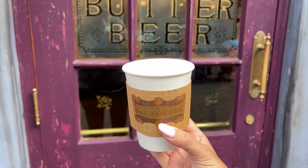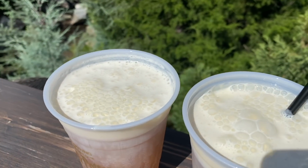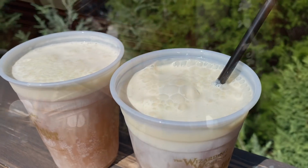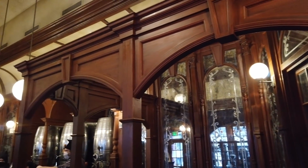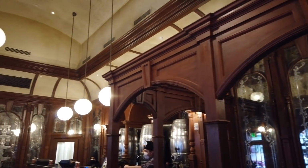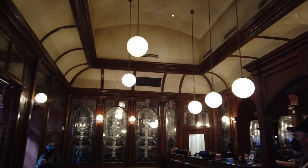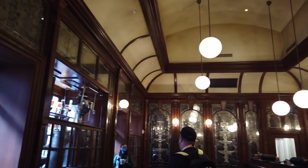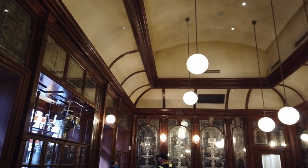There are 3 different kinds of butterbeer you can drink. There's hot butterbeer, there's regular iced butterbeer, and there's frozen butterbeer. You can get it several places across both different lands of Wizarding World. In Hogsmeade, you can get it at the 3 Broomsticks and the Hogshead, as well as some carts. Here in Diagon Alley, you can get it at the Leaky Cauldron, here at the Fountain of Fair Fortune, the Hopping Pot,